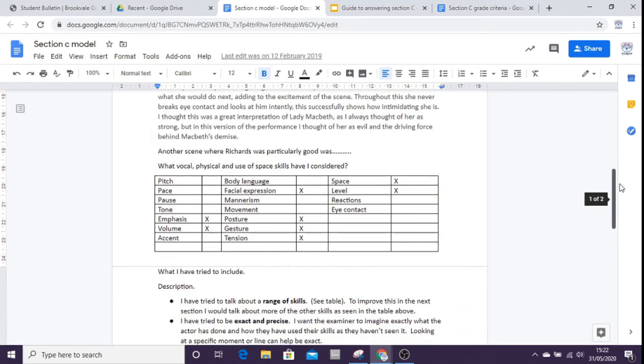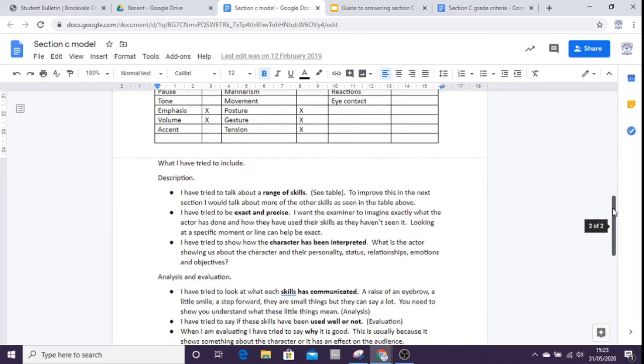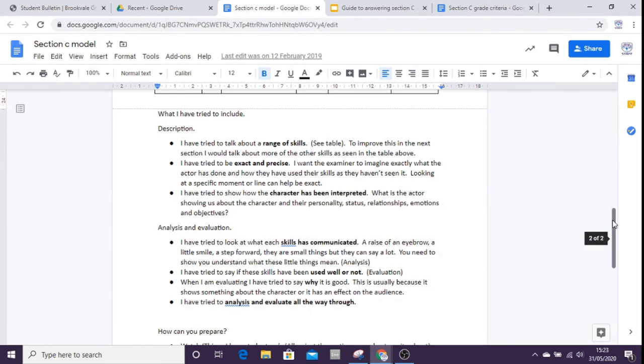What I added to this was actually a list of all the skills, and as you can see, I've only done a paragraph. I've not completed. This is not a complete evaluation. It's to give you an idea. But what I have done is think, well, what skills have I talked about? And as I say, the next paragraph that I would write, if I was writing more, I would try and look at some of the other skills, because the more skills I talk about, the higher I go up the grade boundaries. So I've put here as well about what things I've tried to do, try to have a range